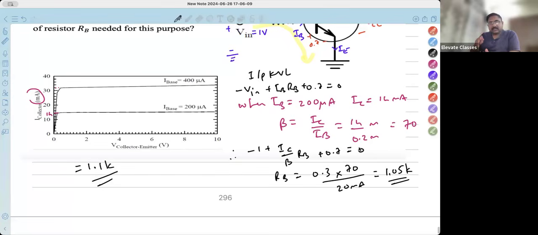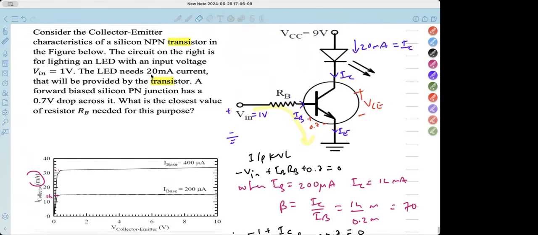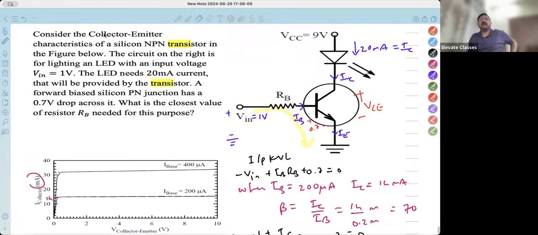ओके, दूसरे ऑप्शंस there were much distance, एक 1.5 k था, एक 3.7 k था, एक 4 k, so there was a lot of difference, the only correct answer is the first one which was 1.1 k. Is this question clear to everyone? Yes, sir. I thought this was a really, really good question. Last GATE exam there was a very good question on transistors, and this बहुत साल बाद कुछ अच्छे सवाल ट्रांजिस्टर्स पे दो बार उन्होंने पूछे, एक गेट में और एक TIFR में। गेट का सवाल हमने अपने नोटबुक में किया है, पिछले गेट का क्वेश्चन।